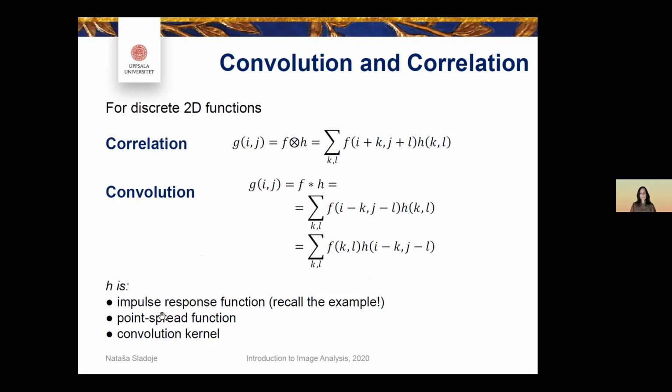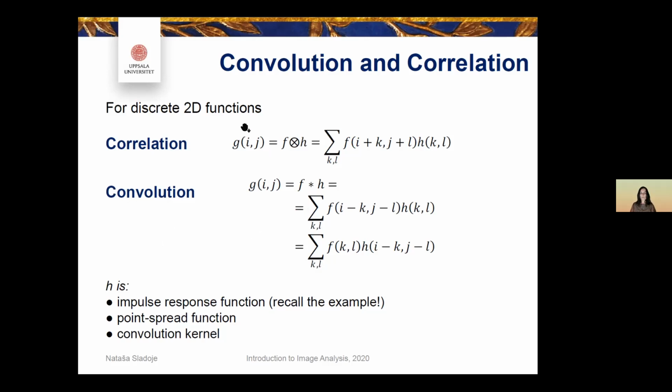Now, when we expressed what convolution and correlation are in words, and then also showed the small example, we can formalize that and give their definitions. Both correlation and convolution are defined for continuous functions, and then they are computed by integration instead of summation, and these integrals go over the whole function domain. But in the discrete case, for discrete 2D functions, so what is relevant for our images, the definitions of correlation and